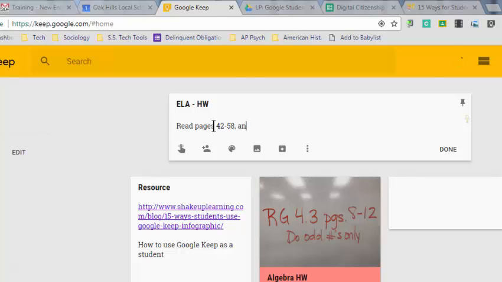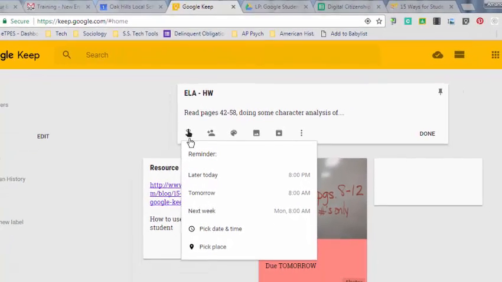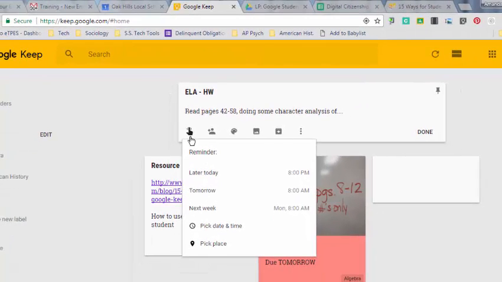analyzing, or doing some character analysis. Let's say that, of whomever you're going to be analyzing. Now, this might be due tomorrow, or let's say it's due in a few days, but I want to, in